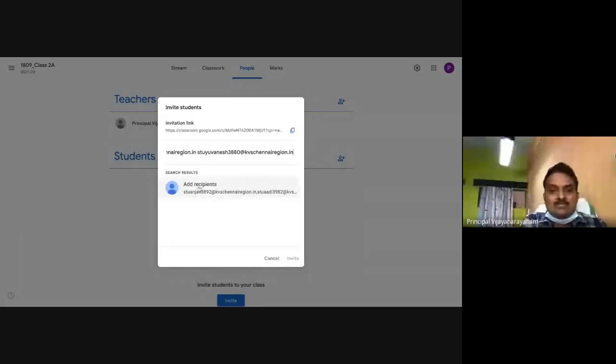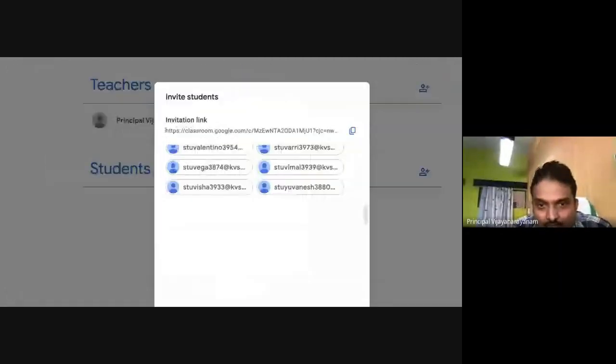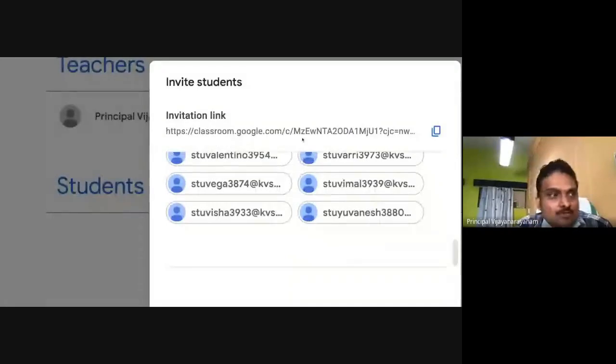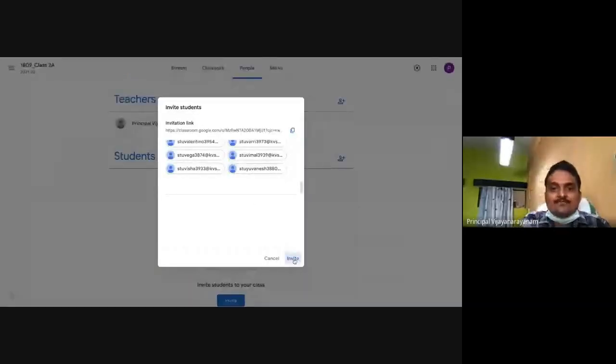Once this comes, add recipient and send invite. The classroom Google link is also available in this section. You can copy it and share it through WhatsApp, but this method is also easy for you. And say invite.